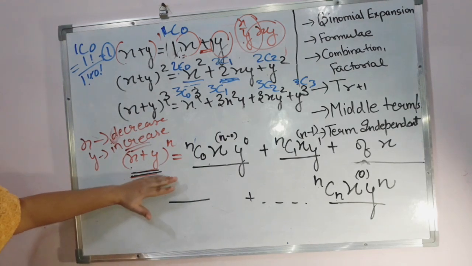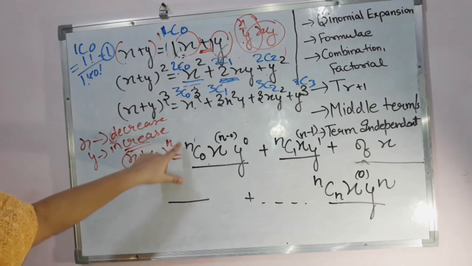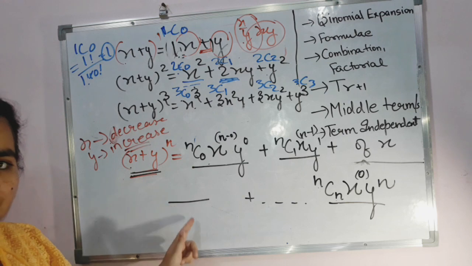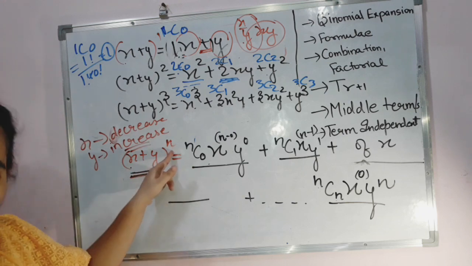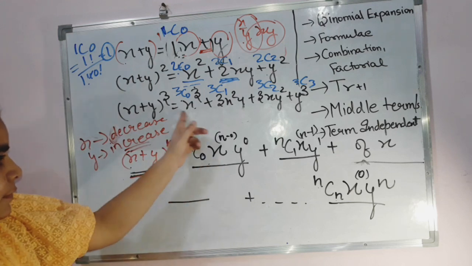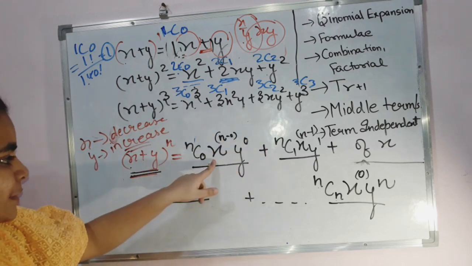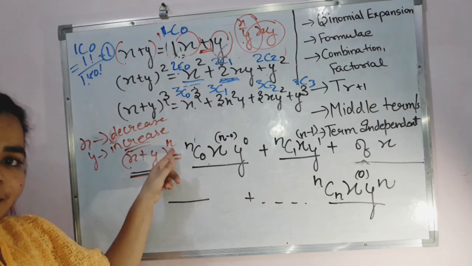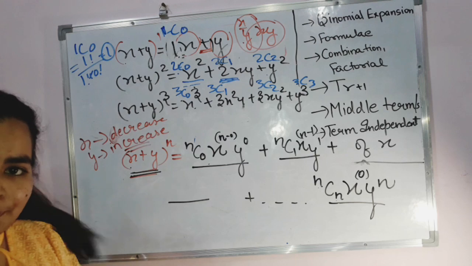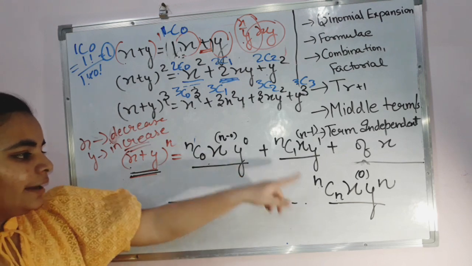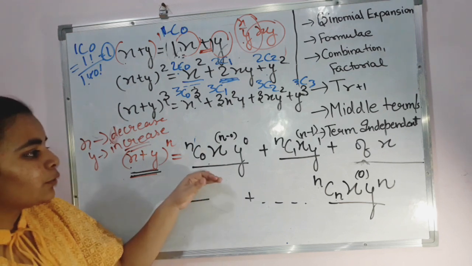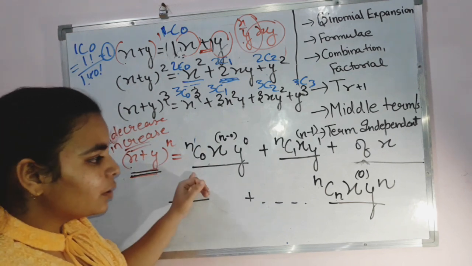It means x plus y raised to the power n. So n is there. So n we will write over here, and this will have combination with 0. Starting from 0 up till whatever n power is given, up till that we will have. X will have the decreasing powers, as you have seen from here only. So the first power will be n only, then we'll have n minus 1, n minus 2 up till 0, and then y will have increasing power starting from 0 and ending till n. And that is why only, since you are having things starting from 0, you have from 0 up till n.